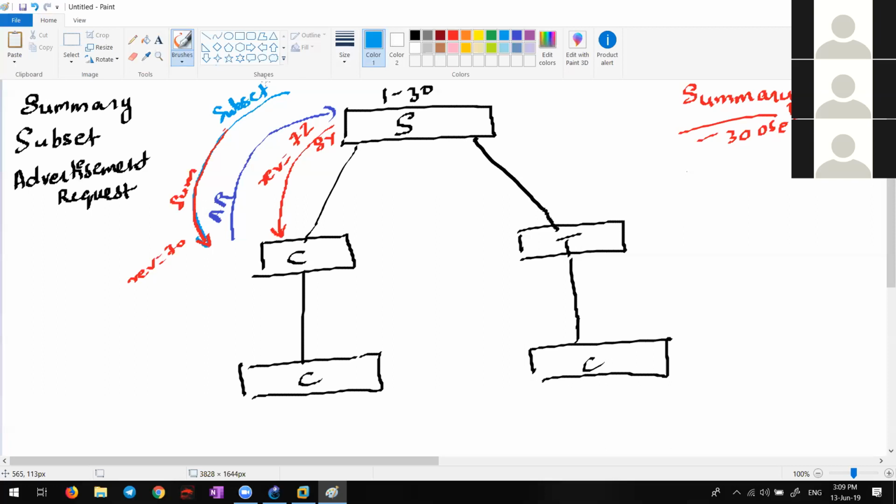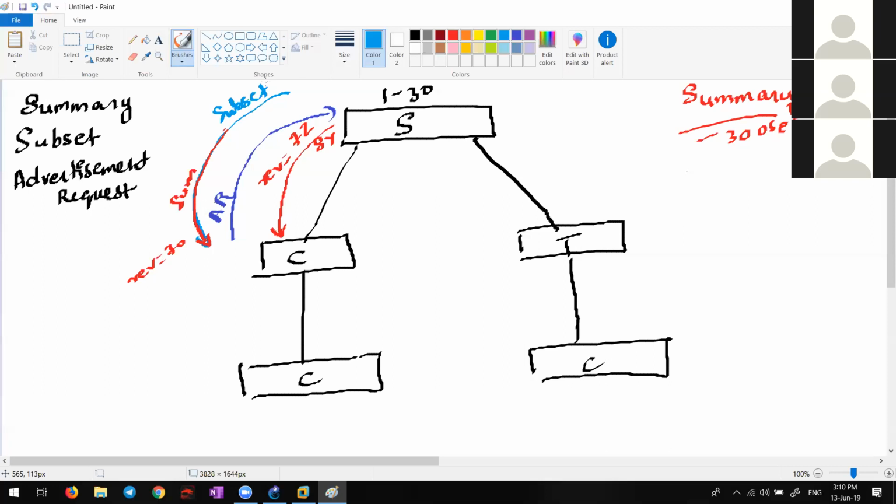Summary messages are sent by server mode as well as client modes. Both of them are capable of sending summary messages. Okay.